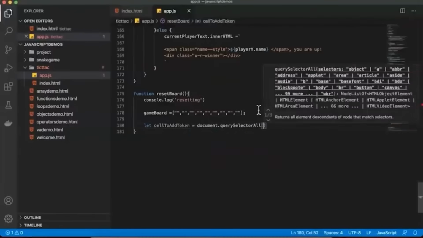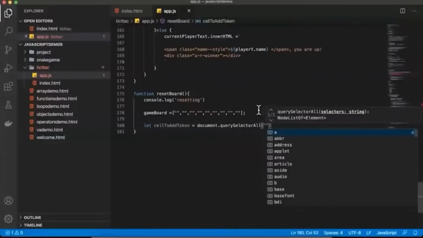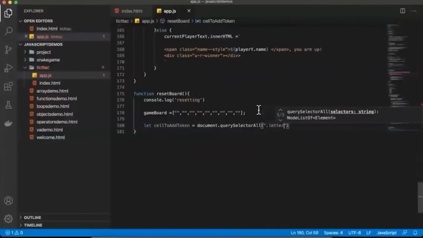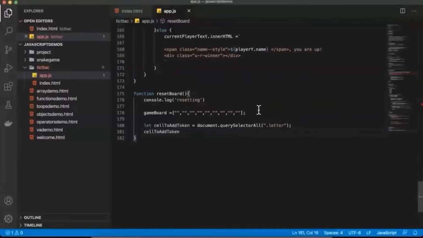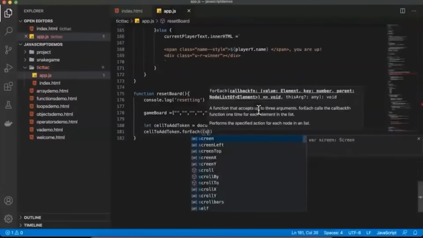Here in this, I'll be using another class called letter. Now cellToAddToken, whichever we've used, dot forEach